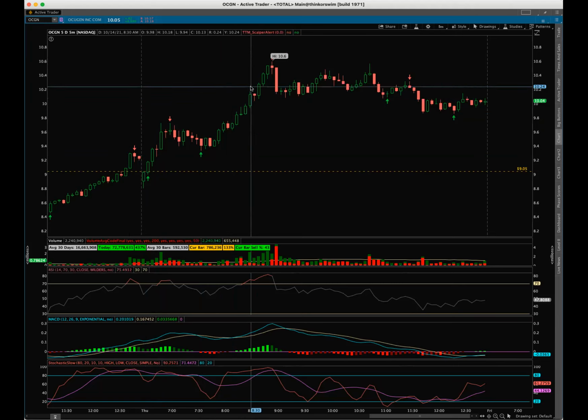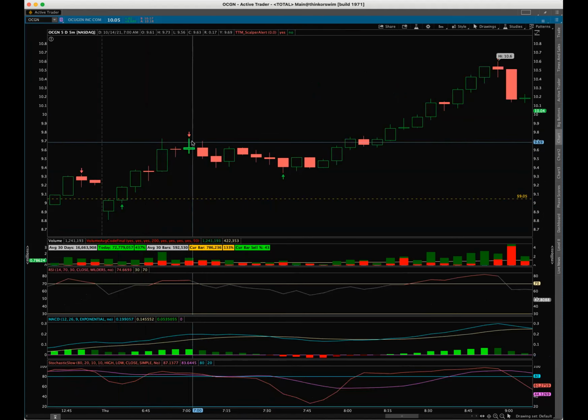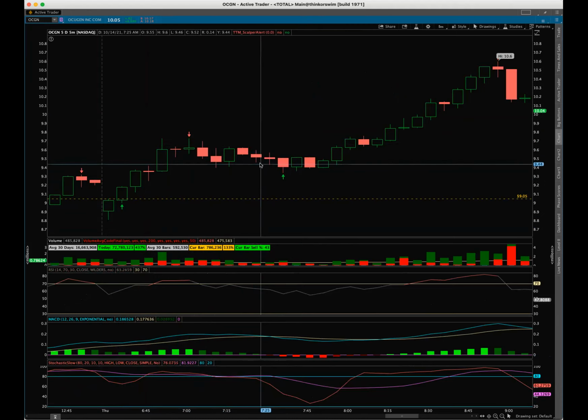So if you know this, right, at least you know from this first leg up, let's just say you entered OCGN right here, you know that we will likely have a second leg up from this bull flag pattern. So from this, each one of these is 5 minutes, but from this about 30 minutes of consolidation, you shouldn't have been scared, right? You should have had that confidence saying, okay, I'm waiting for that